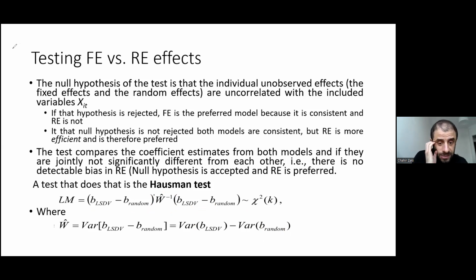So if we reject the H node of this test, we have to use the fixed effects, because in this case, we reject the fact that they are not correlated, which means in this case that if we use the random effects, our estimates will be biased and we cannot use the random effects. Okay,